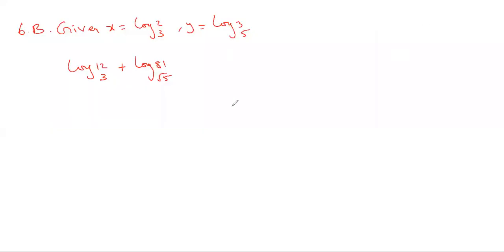They are given x and y in terms of log, and they're asking us to express this expression only in terms of x and y. So to write this in terms of x and y, you need to separate this x and y, in the sense that other than x and y, you can have numbers, real numbers, not the log functions. That's what they mean. So you can write 12 as 4 into 3 base 3 plus, here no problem, we can write this as 3 power 4 and 5 power half,